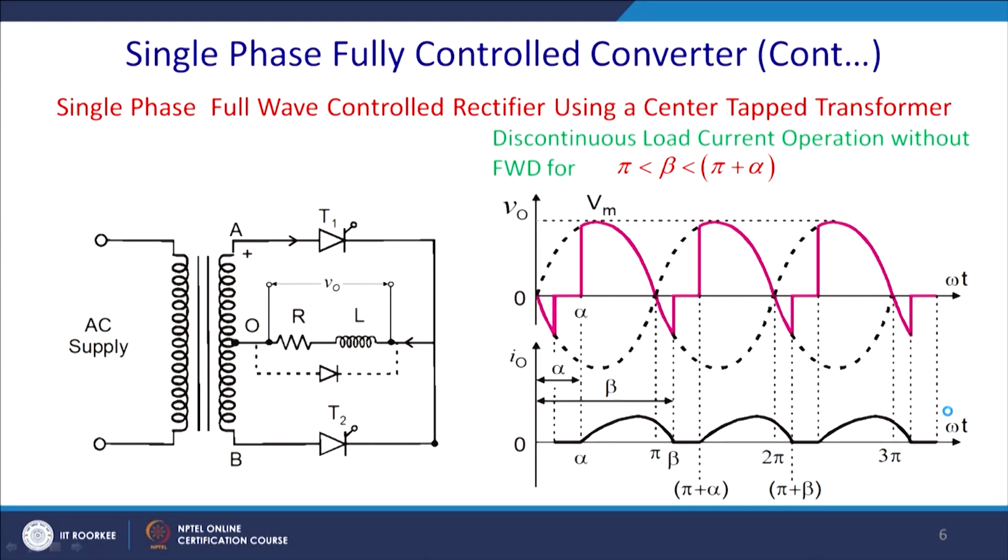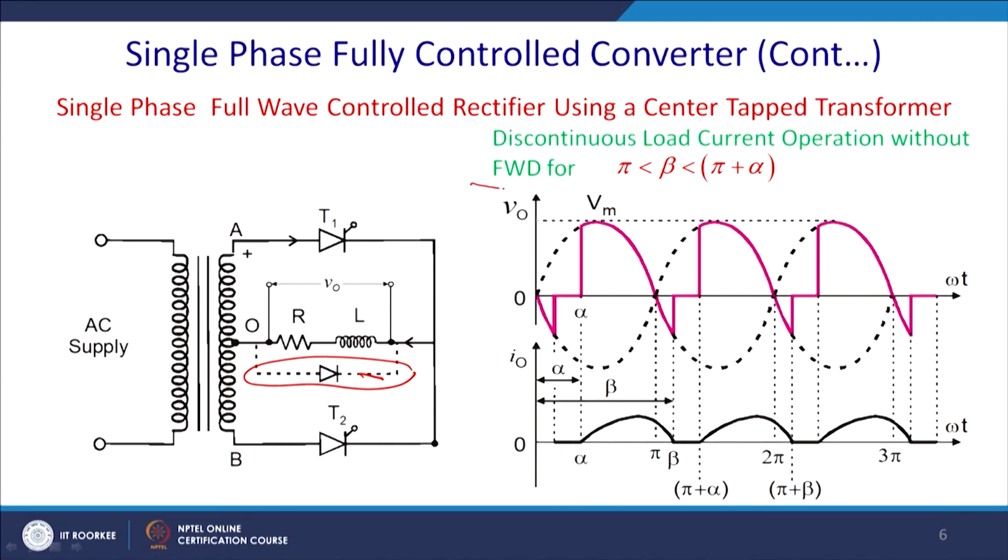So, we have a continuous and a discontinuous operation of the load current. This is the current, you can see there is a discontinuous mode of conduction. The red line shows the voltage output available across this load, and this is the free wheel diode, it is optional whether it is connected or not, it generally comes with a switch maybe. So, this first waveform shows the discontinuous load current for the central tap full control converter for triggering angle alpha without any free wheel diode. So, the diode is not placed into the circuit.